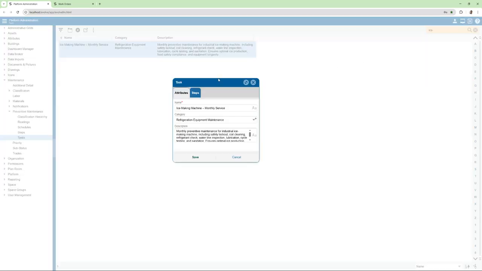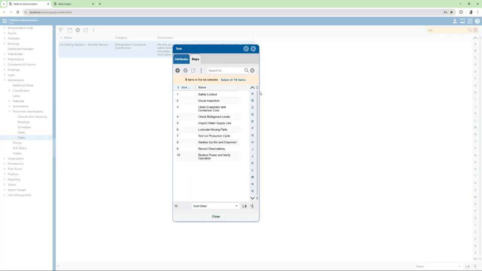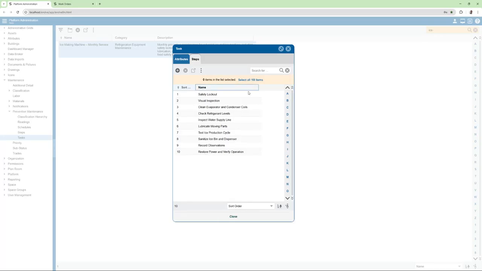So, here I create a task for this ice machine to do the monthly services. Here you can define the general attribute or name of your task, the category of your task. You can categorize your task, and from here you can define the steps of, for example, your monthly services, and you can order it, for example safety lockout first, and then visual inspection, cleaning, and then check some